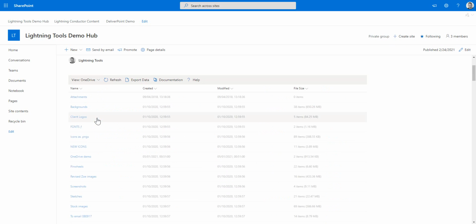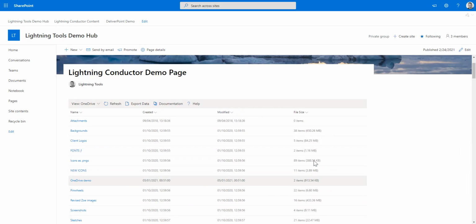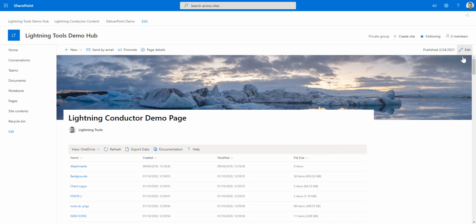we can select our OneDrive. So notice these are all the files coming in from our OneDrive, and of course we can add conditional formatting and things like that to those views as well. So that's the type of thing that we can do, and if we want to get